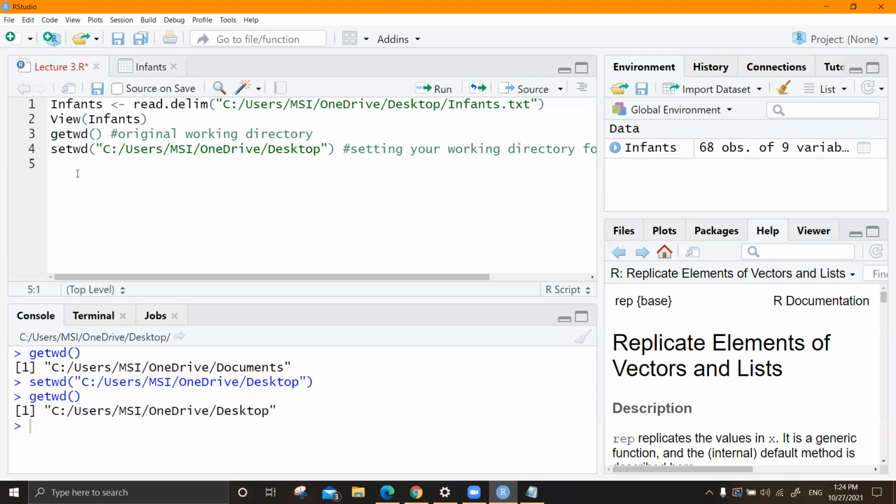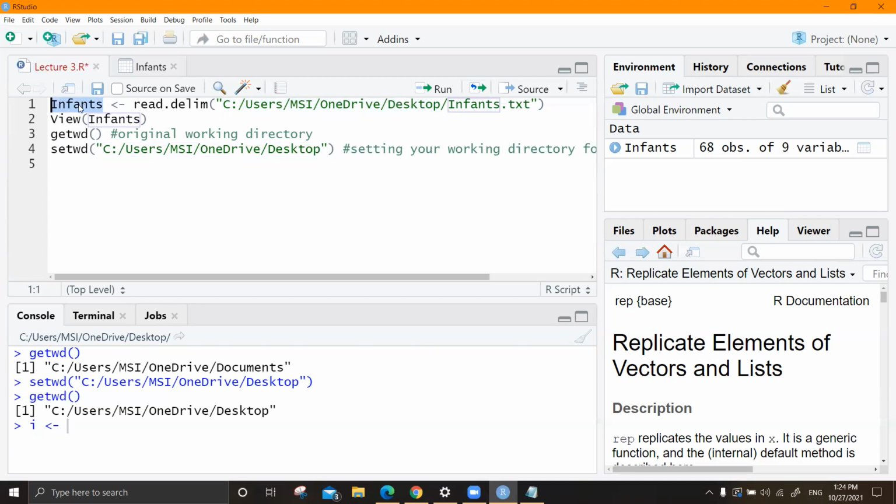So if now it is set to the desktop, my data set is also in the desktop. In that case, I don't have to give all these things. Whenever you have your data file in your working directory, you can directly call it by the name and extract. We'll see. I'll just denote it as I. Okay. You can give any name to this. It doesn't have to be the file name all the time.